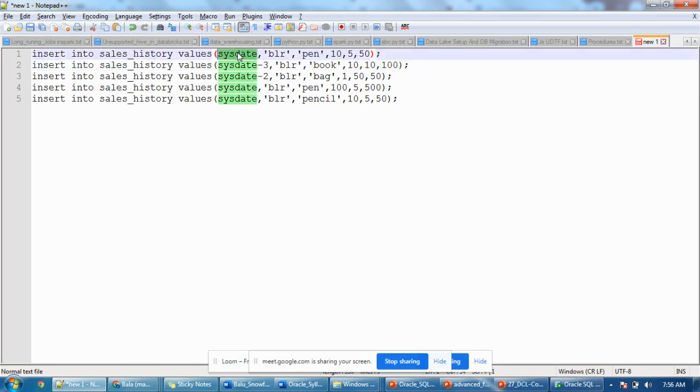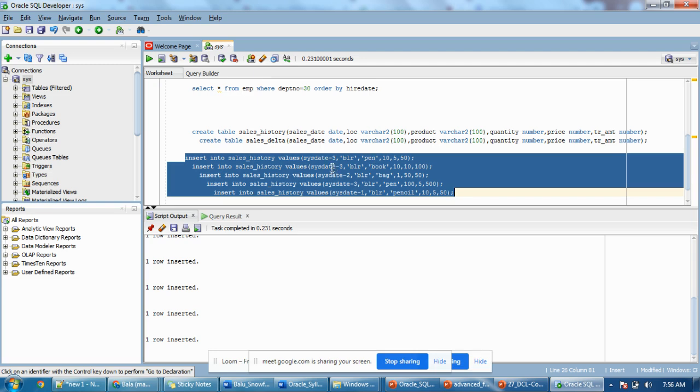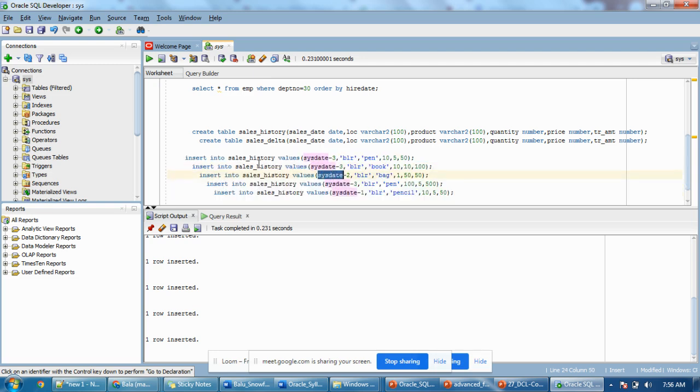Whatever transactions I am doing today will be saved as a new record, whatever previous days data I am having. These two records I have inserted from the customer, means the customer returned the equipment whatever they purchased,